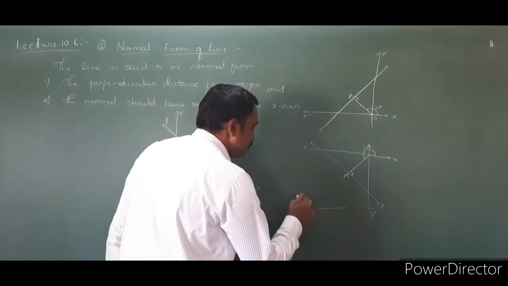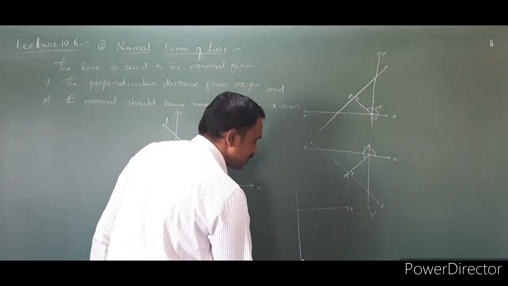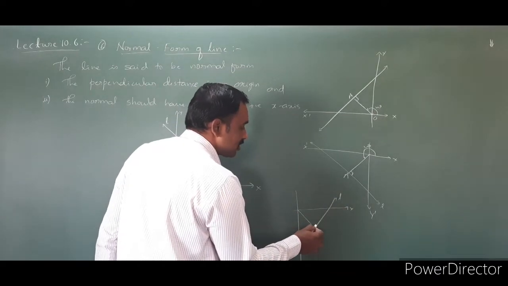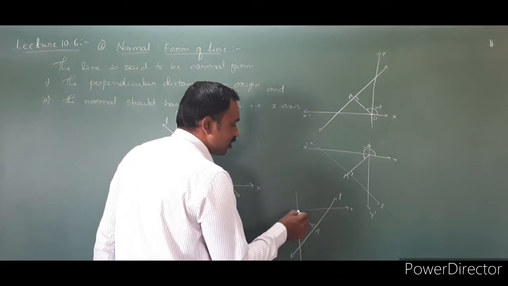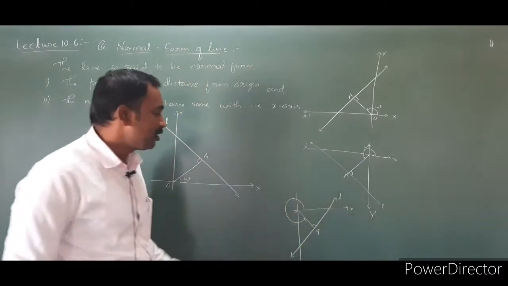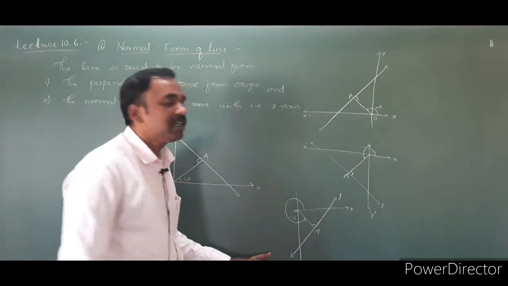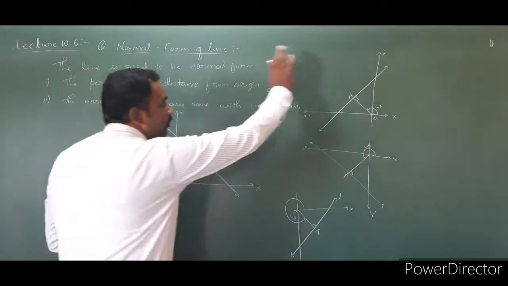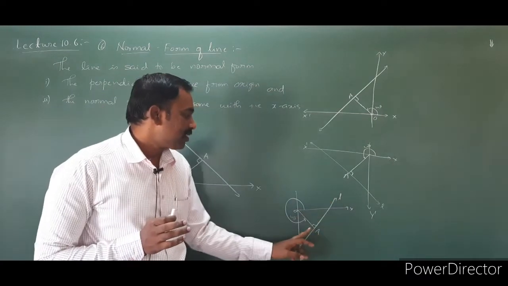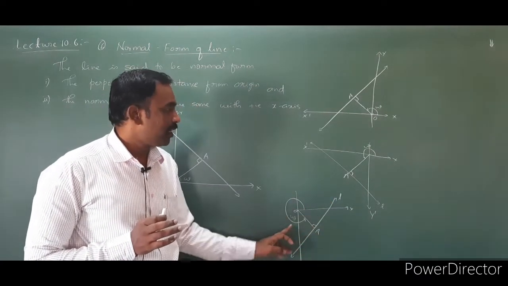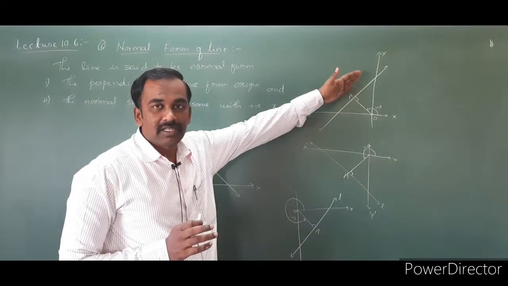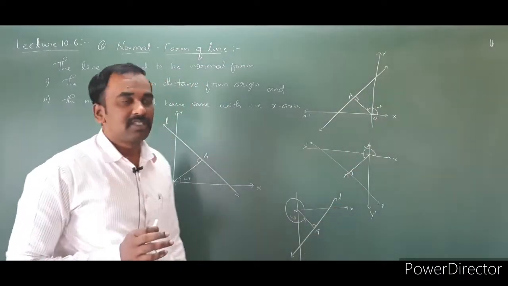Similarly, fourth quadrant, suppose it is x axis, and this is the negative side of the y axis. Line is in this manner. In such case, this is the perpendicular OA. What is the normal? The angle between the normal and the positive direction of the x axis, this is the angle omega. So, these are the four orientations for the normal form of the line. Suppose line is in this manner, we need to consider this is the omega. Suppose line is present in this manner, we have to consider this is the omega.